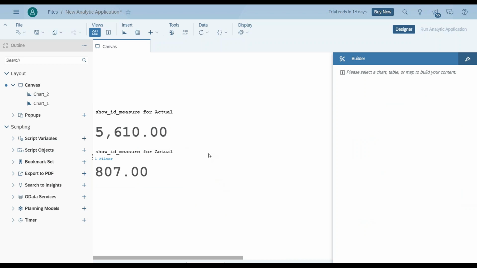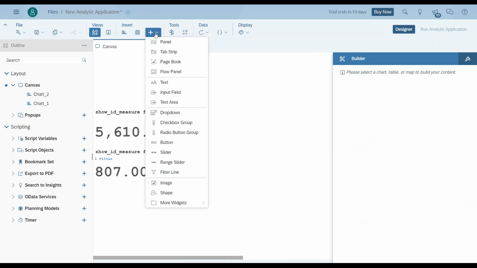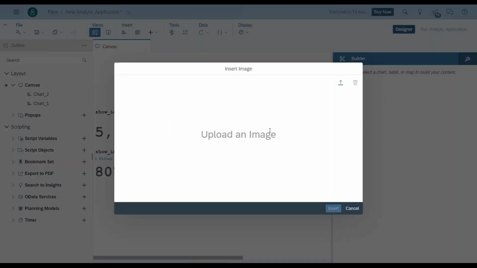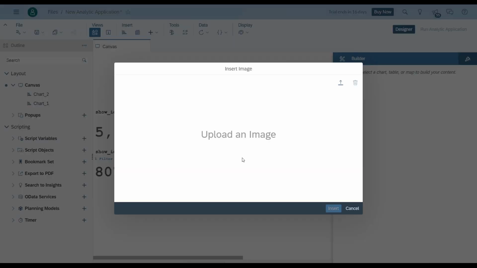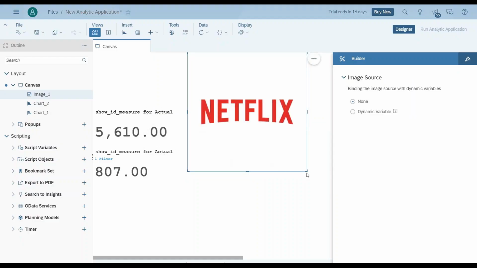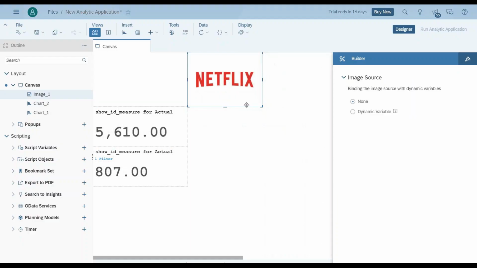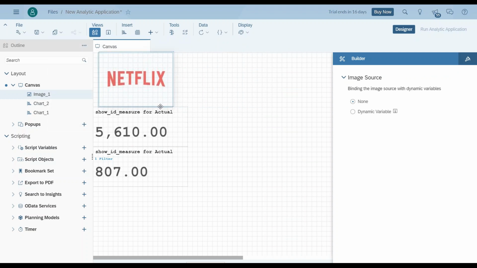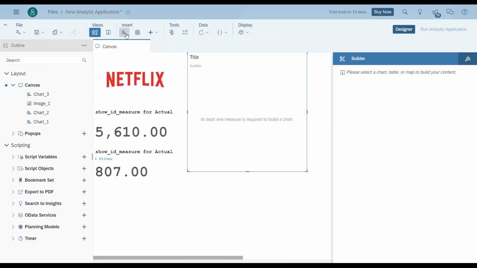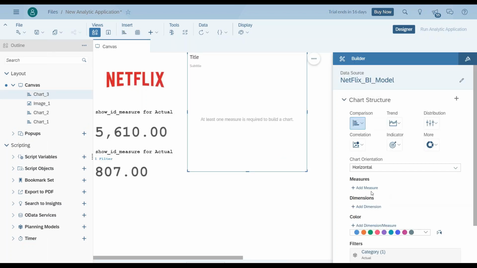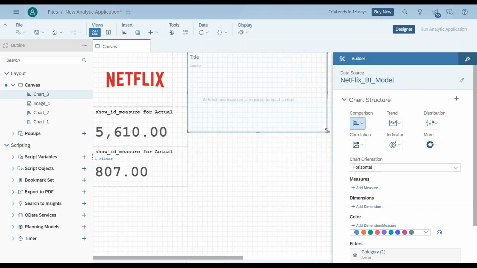Let's quickly also grab a Netflix logo. So I can go back, add an image control, and upload the image from our local computer. You can see the logo is also updated. Nice. It's time that we go ahead and add a quick chart which shows the total count of movies and